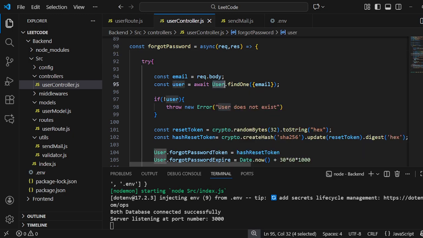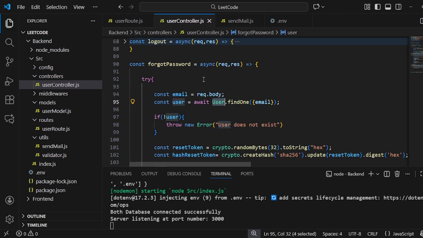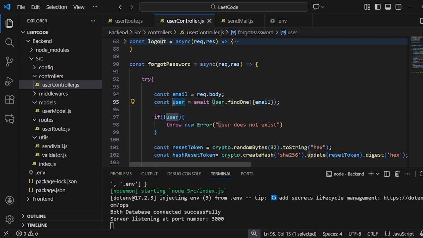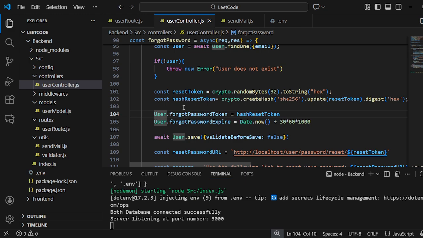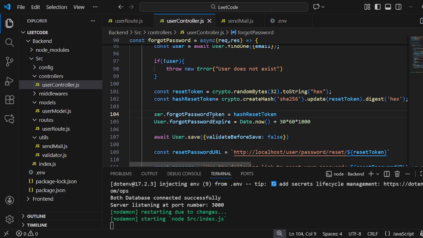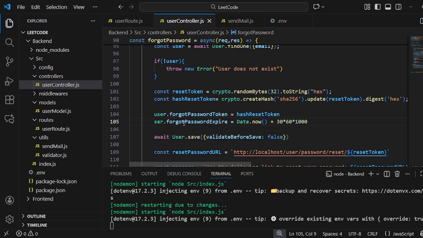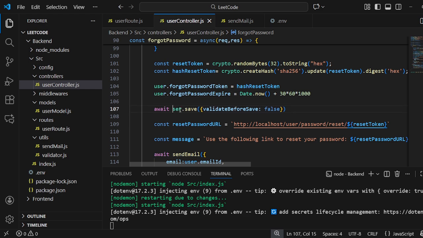This user is basically required from the user model and it is stored inside the small u user. So here we have to update the user forget password token. user.save